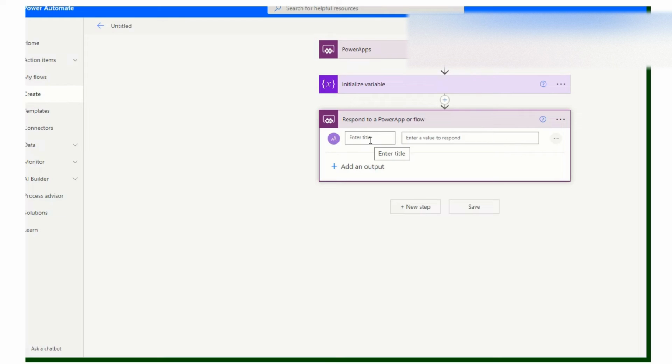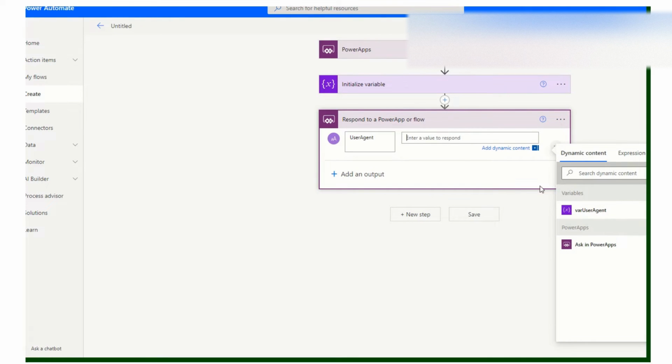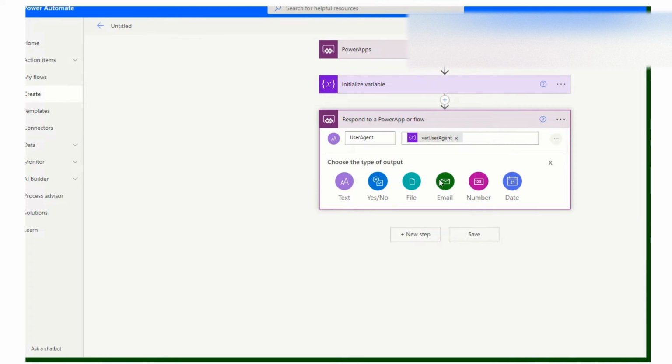I'll choose text, and then I will name it user agent, and then we choose the varUserAgent that we created in Initialize variable. So that's it. And then click save and test. I will name this PowerAppsTest2.